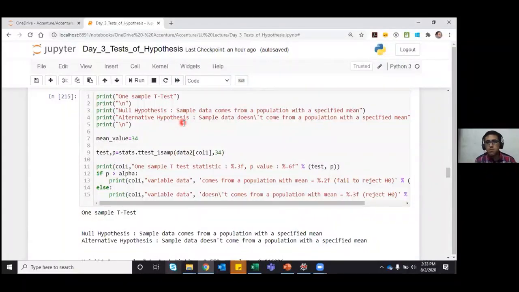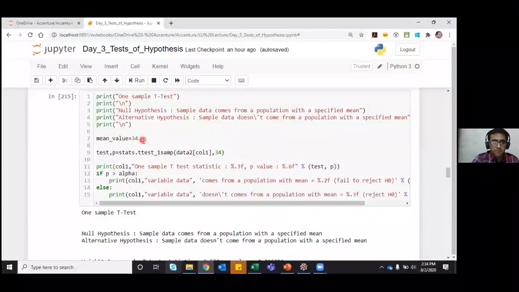So I can assume that the mean age is around 15 or around 20, something like that. So I can just test one sample t-test for that. I can use one sample t-test where I can specify the mean.